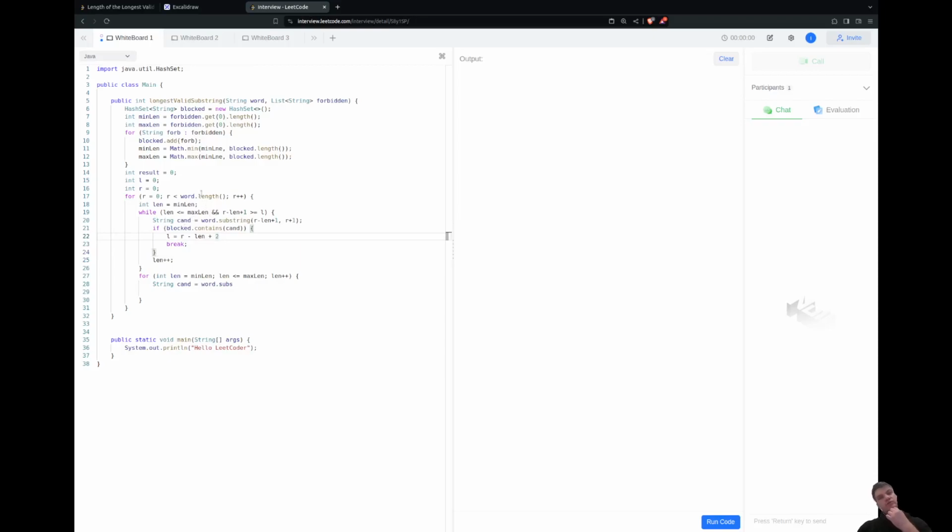The blocked hash set won't contain that word substring, and then we need to update